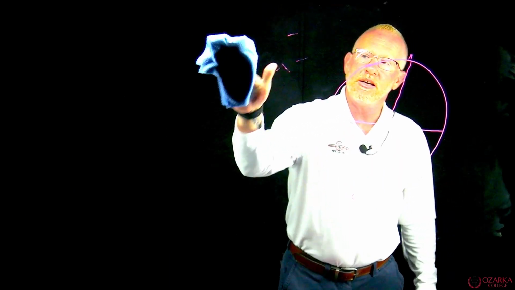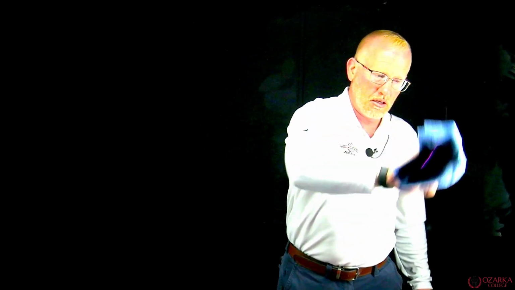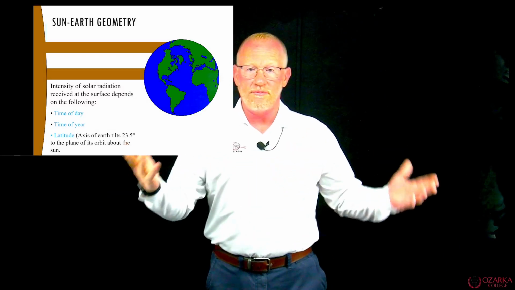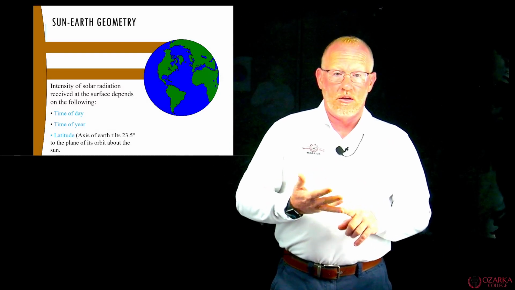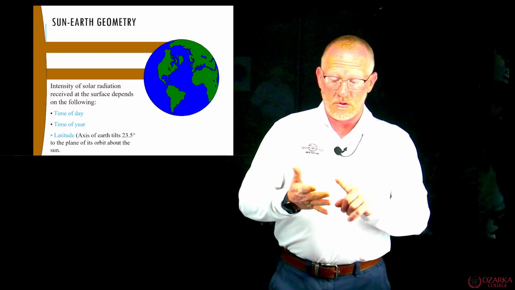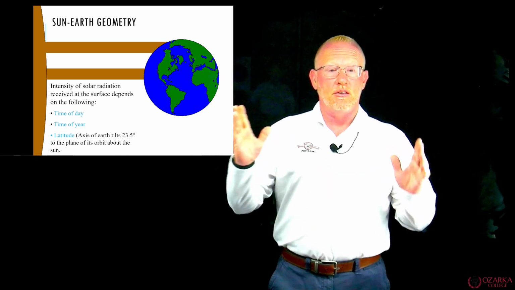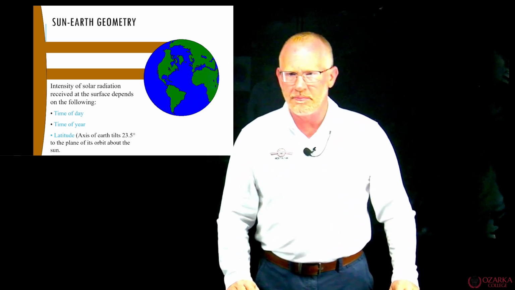Now this is very important. Why, Shannon, is this important? Why do we need to know that Earth sits at 23.5 degrees? Very simple. That 23.5 degrees, that's what gives you your seasons. Spring, summer, winter, fall, all because of that 23.5 degree tilt and how the Earth hits the sun with that tilt. Okay?